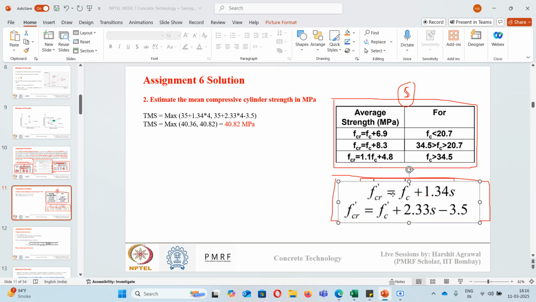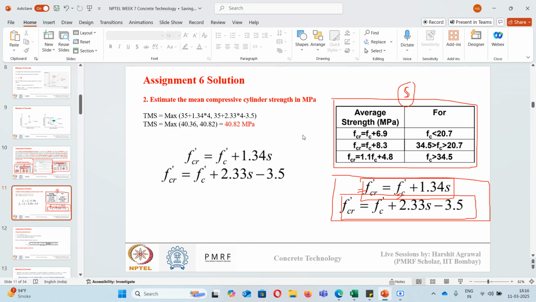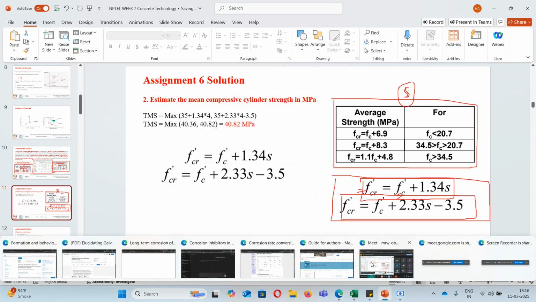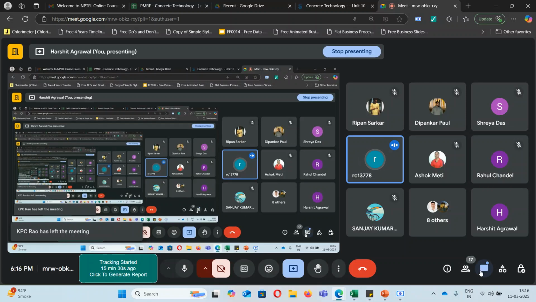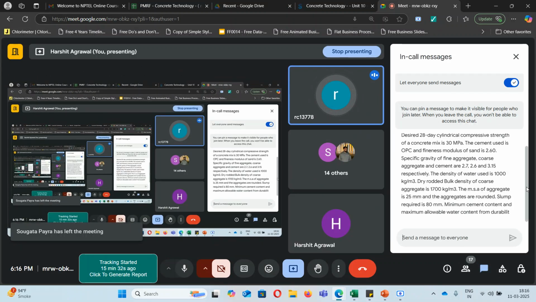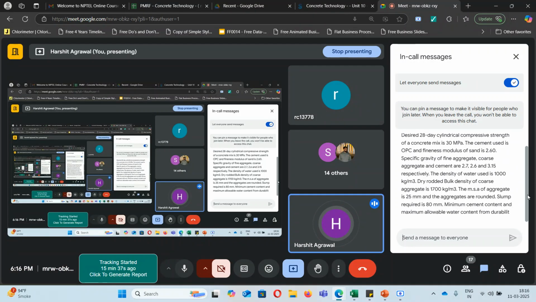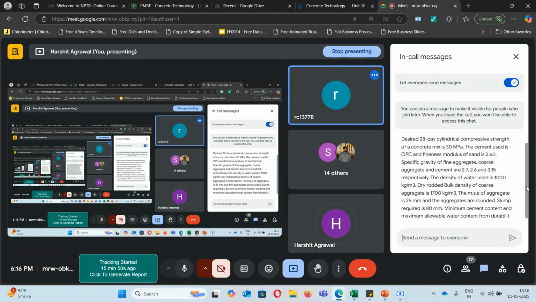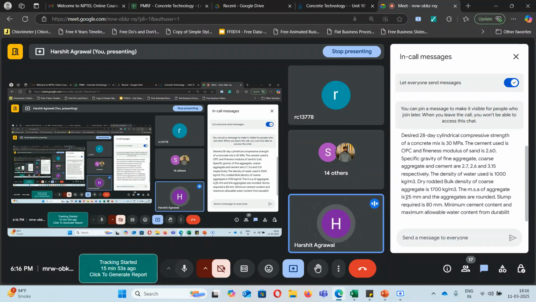But sir, when we go for finding the mean compressive strength, at that time what the professor had told is that first we need to convert that into cubical strength and then compare with the table you have given on the top. See, in this question that you have attached, that is there in the chat box. Is this the same question? Yes, sir. Here it is mentioned 25 mm; in my case, 19 mm was mentioned.